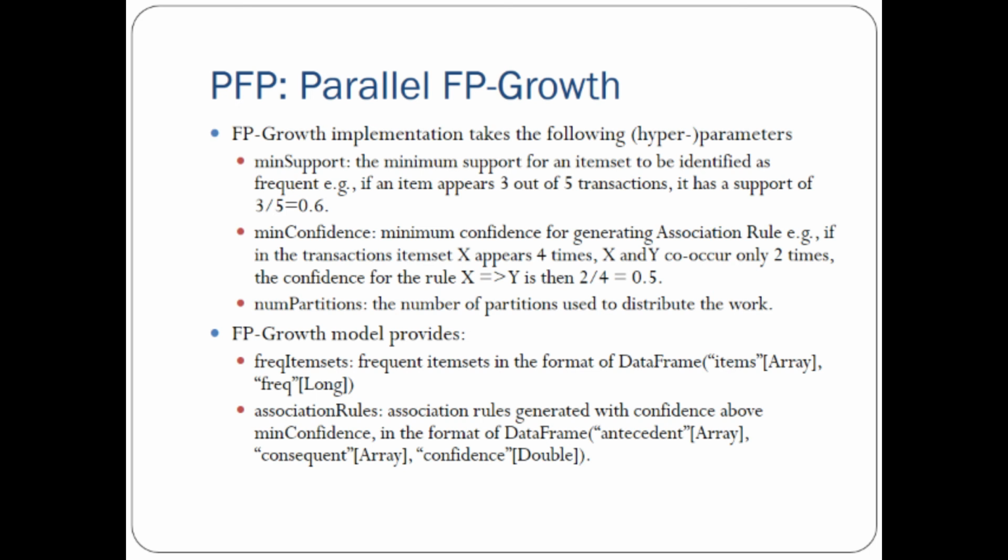So you calculate the conditional probability, and 2 by 4 is that conditional probability, that y co-occurs only 2 times if x occurs 4 times. Out of the 4 occurrences of x, you have only 2 times y co-occurring with x. So you divide 2 by 4 and you get a conditional probability of 0.5. If it is above or equal to the threshold, then this x drives y rule is generated.